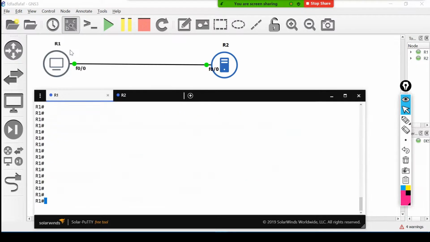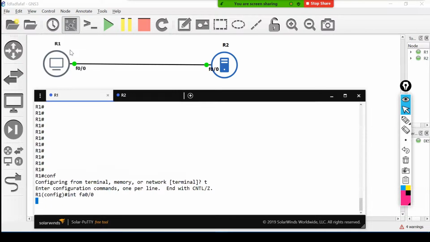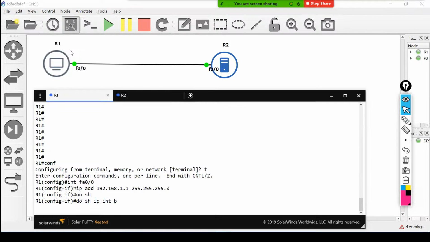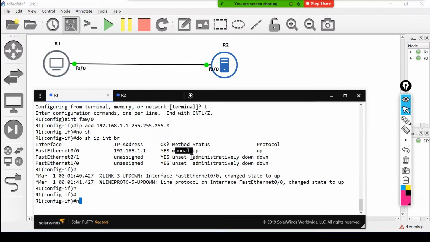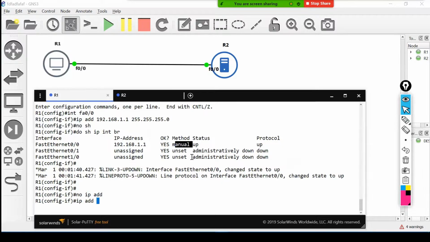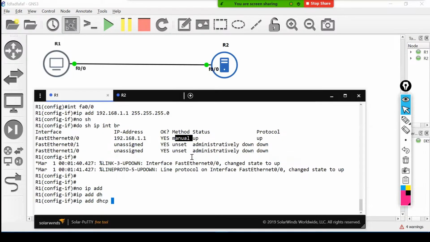Now I just need to go on the router side. On this router, what happened? If you see interface 0/0, the IP address, if I define it like this, is known as manual configuration, right? This IP address is configured manually by the network engineer. What I can do right now is say no ip address, and then ip address dhcp. I want to take an IP address on this particular interface from DHCP.